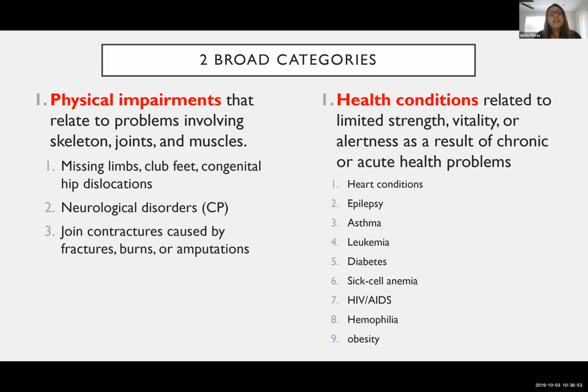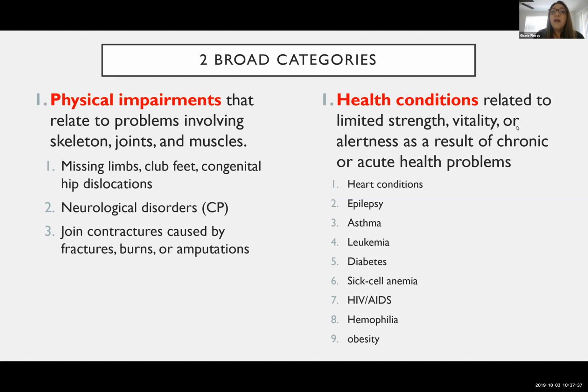Even though cerebral palsy is a neurological disorder, because of the physical characteristics that are associated with it, it can also be listed under physical impairments. Okay? We also know that children who have temporary injuries like fractures or burns can be categorized under physical impairment because it's going to affect how they function in the classroom. And children who have amputations and then have a prosthesis afterwards, even though cognitively they can function like a typically developing child, might need some kind of accommodations and adjustments to the classroom environment. Okay?